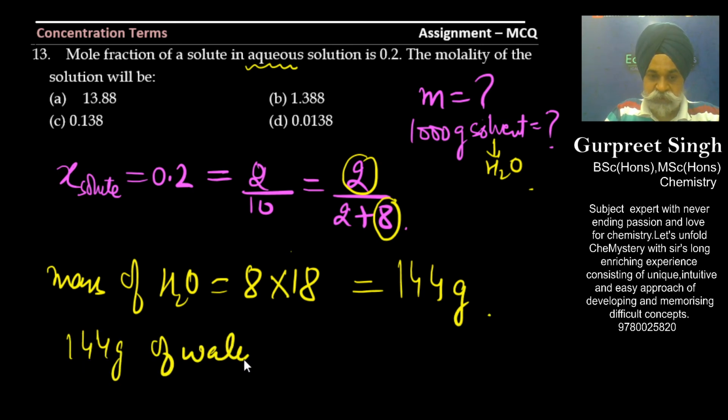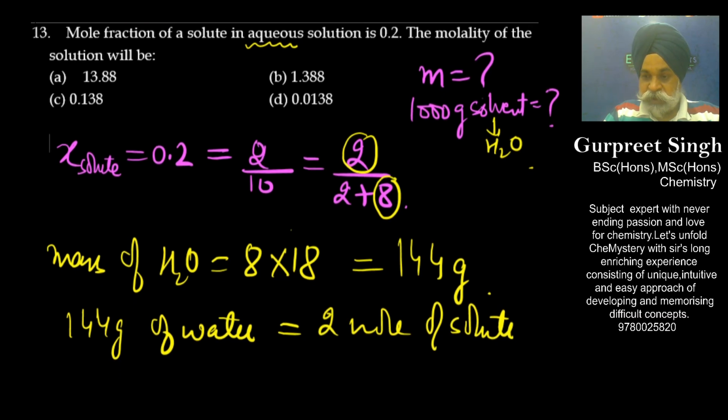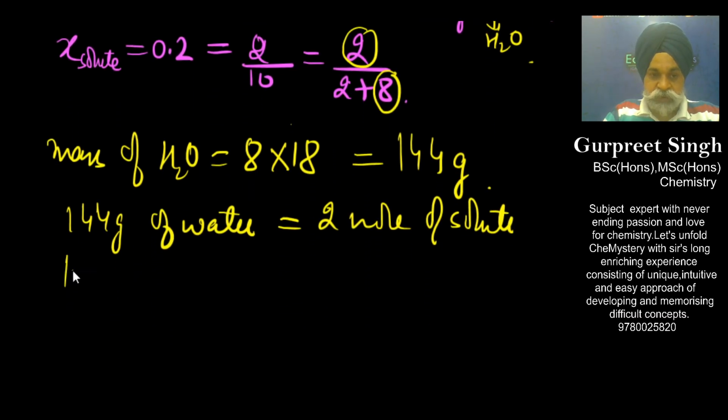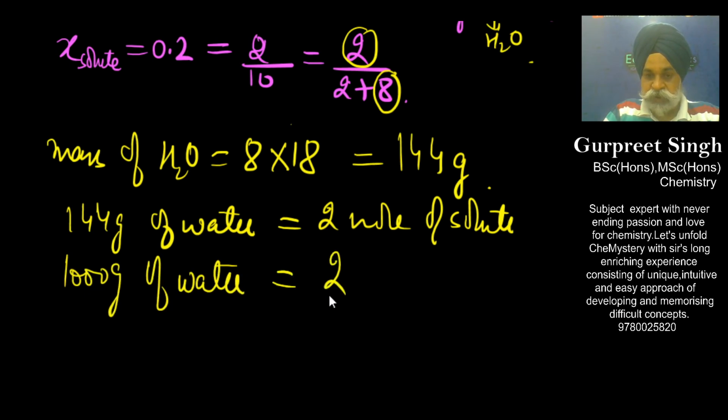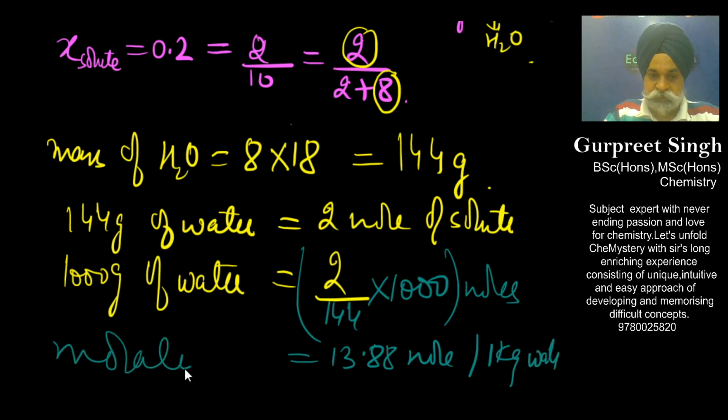This again is a very interesting question. It is containing 2 moles of solute. So if the solution is of 1000 gram, 1000 gram of water would have contained how many moles? That much number of moles would be its molality. So it is this much. So if I see how many moles it would result in, this would give you 13.88 moles present in 1 kg of water. That is what its molality is. I think this also is clear to all of you.